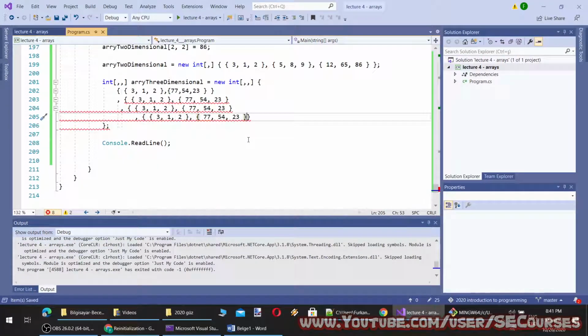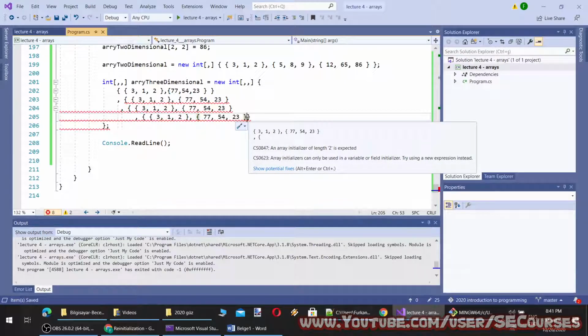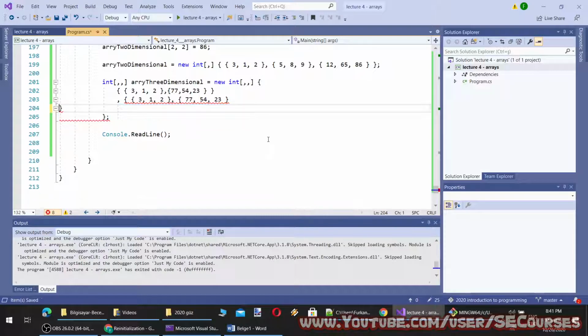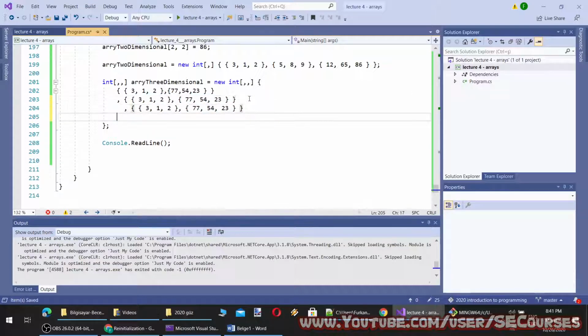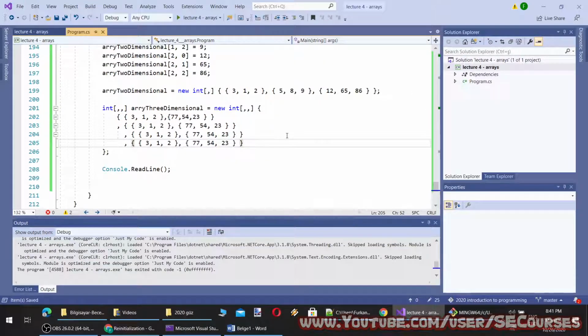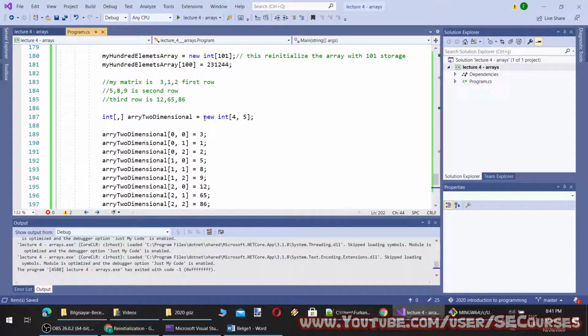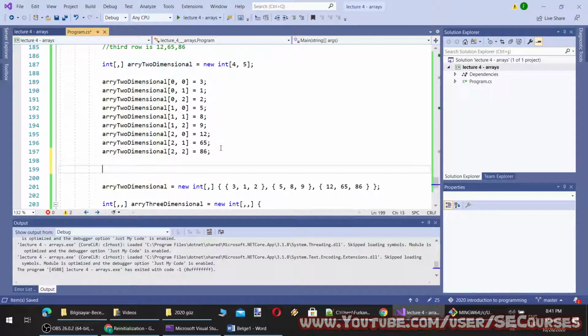So it is expecting. Okay, I need to copy paste like this. So this is first column. I'm going to print number of elements inside these arrays.